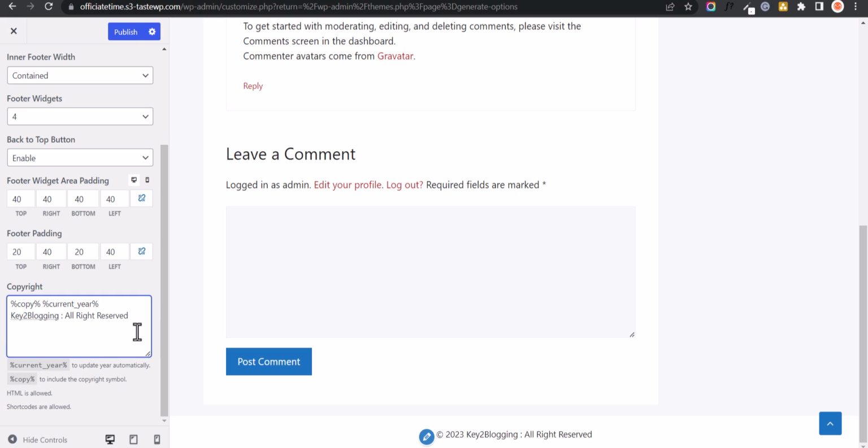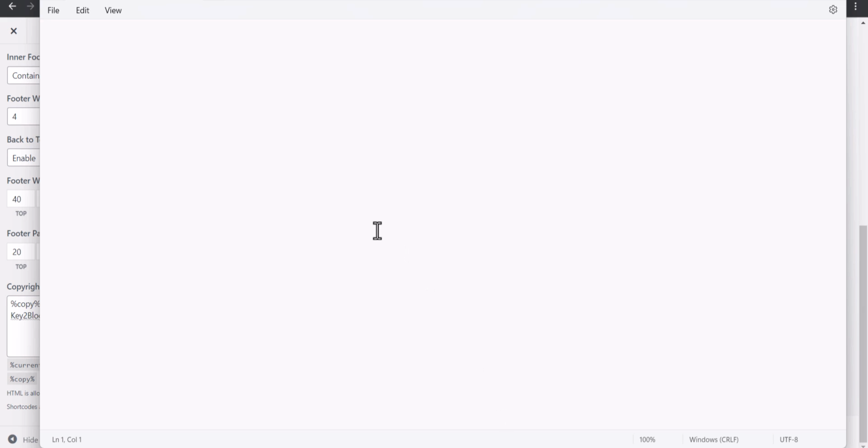So to use the anchor tag, let me just show you in the notepad file here. So what I can do is I will type like a href, and I will add equal to sign, and I will add the home page link here, and I will close that here, and I will add the site title here, and I will close that link like this. So you have to replace the link in the hash value here, and you can use this code in your footer copyright section. So let me just copy it from here,